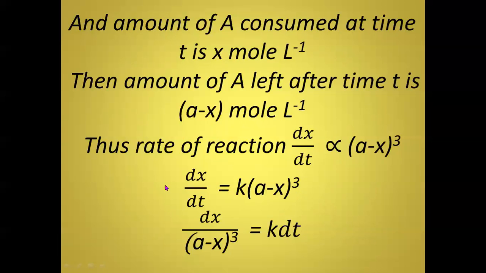Now we will integrate this equation. So before integration, we have to rearrange the terms in this equation so that terms belonging to one quantity come to one side, and the other comes to the other side. Here dt is change in time, so we are bringing it to the right side. It will give you k dt, and (a minus x) raised to the power 3 is the concentration term, therefore we are bringing it here. So it becomes dx by (a minus x) whole to the power 3 is equal to k dt.